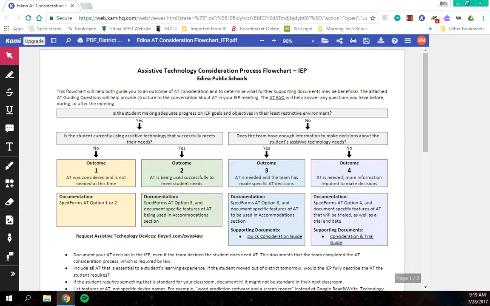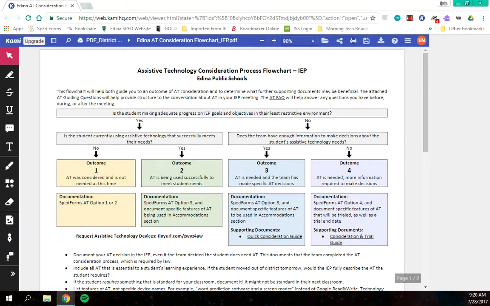The caveat to this is that occasionally you'll have a student where a specific product's specific features are really the only ones that meet that student's needs. So if you have a student who maybe has some very specific speech patterns or vocal qualities, you've done extensive trials and there's really only one dictation tool that works for them, that gives them the right accuracy,